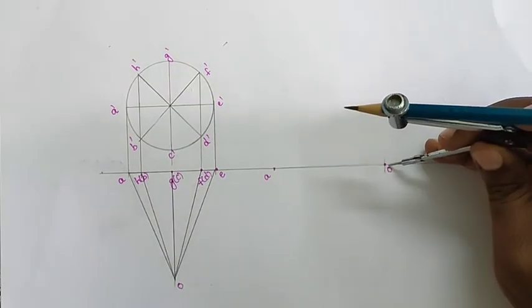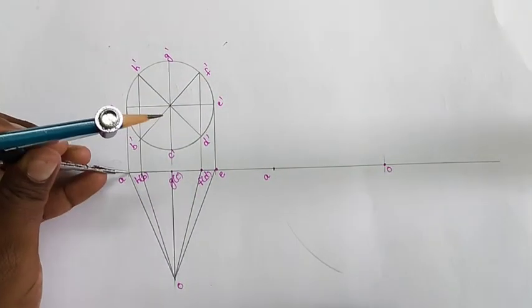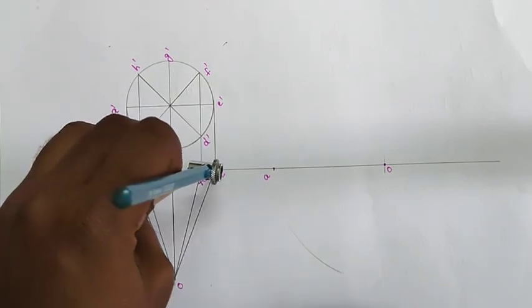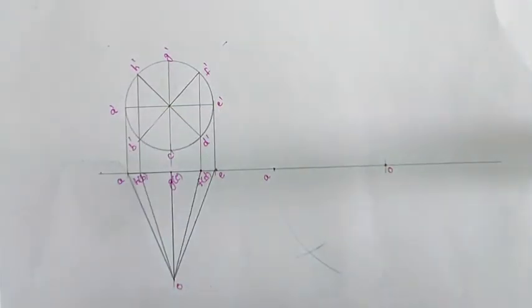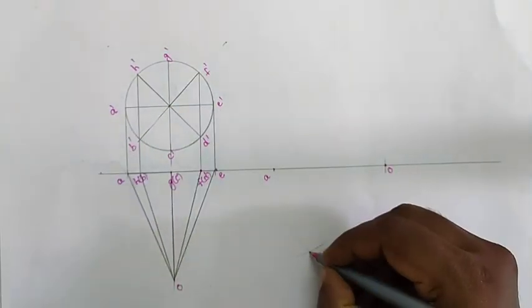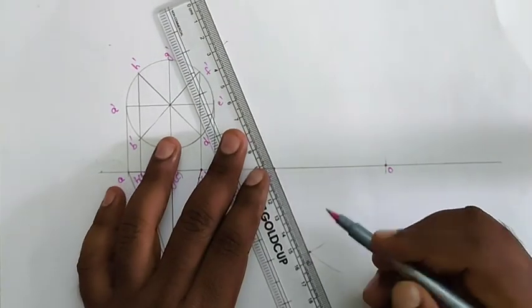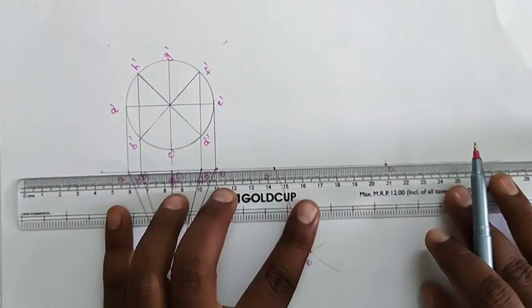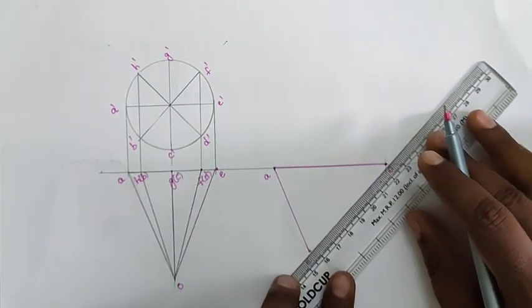from point O, we will draw an arc here, and similarly with the length of the base from point A to that base end, the AE distance. With that distance from point A, we will cut that arc and locate this point as E. After that you can join A, E. So here you can also join OA. Similarly join OE.